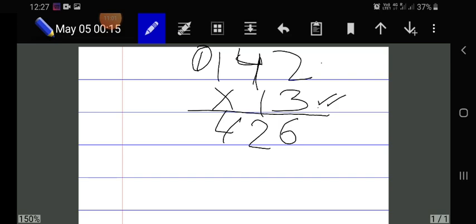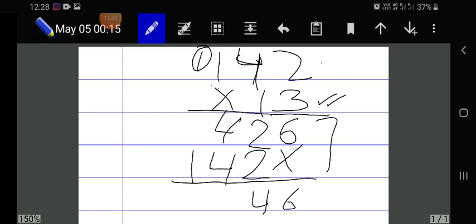Okay, is it okay? Now next step. In the next step we are going to leave a space here, and if you want you can leave it normally or you can mark 0 also, so that you will remember that you don't have to write anything here. Okay, now turn by turn we will multiply 1 with 142. 1 2s are 2. 1 4s are 4. 1 1s are 1. Now we will add both of these. 6, 4, 8, 1. So the answer is 1846.